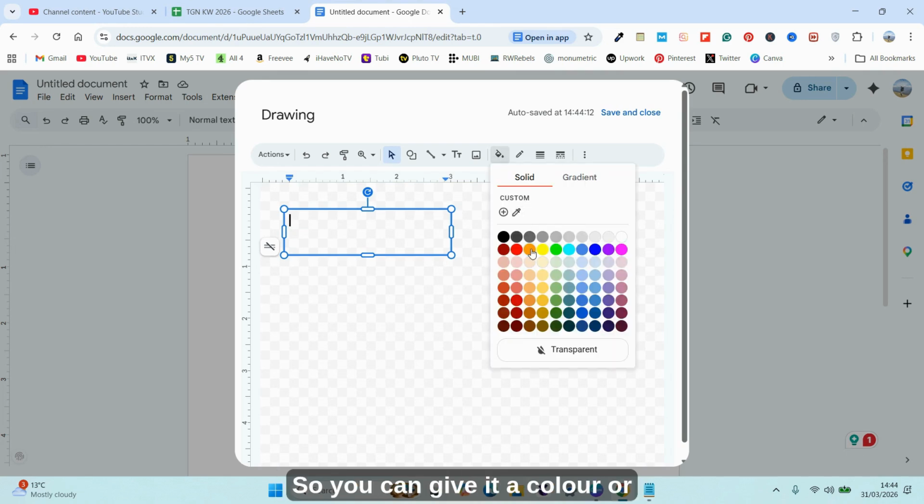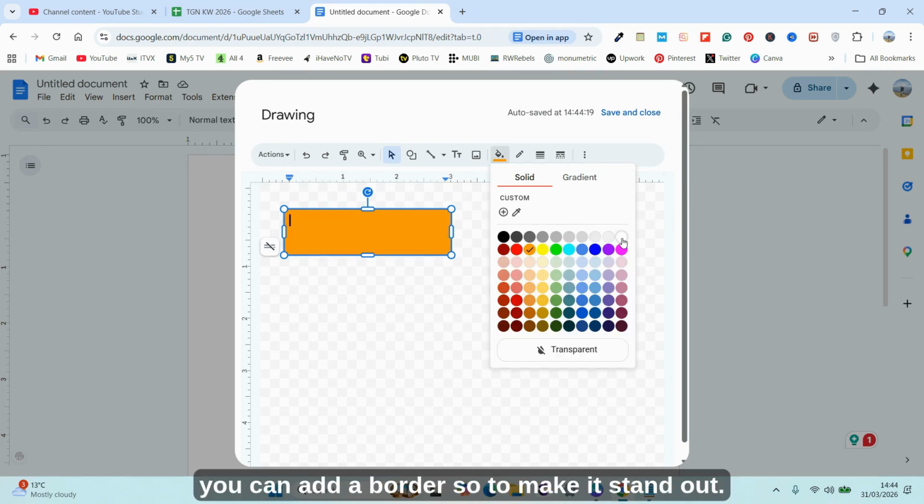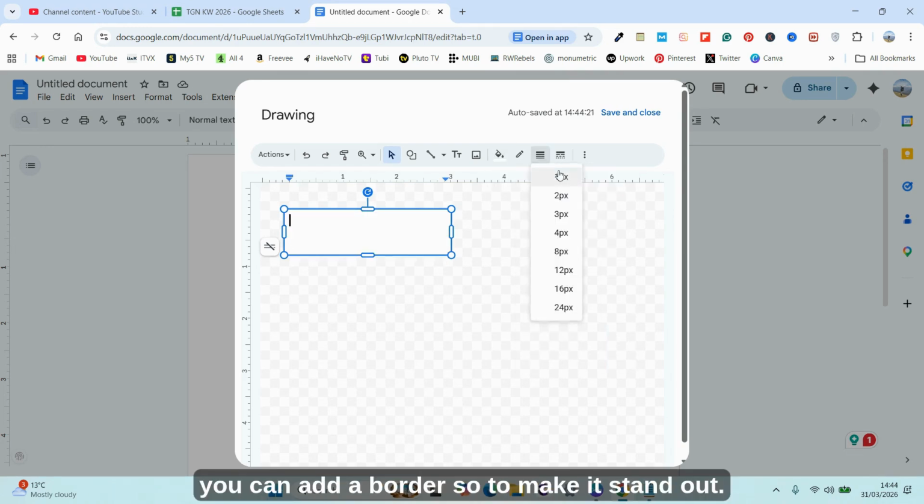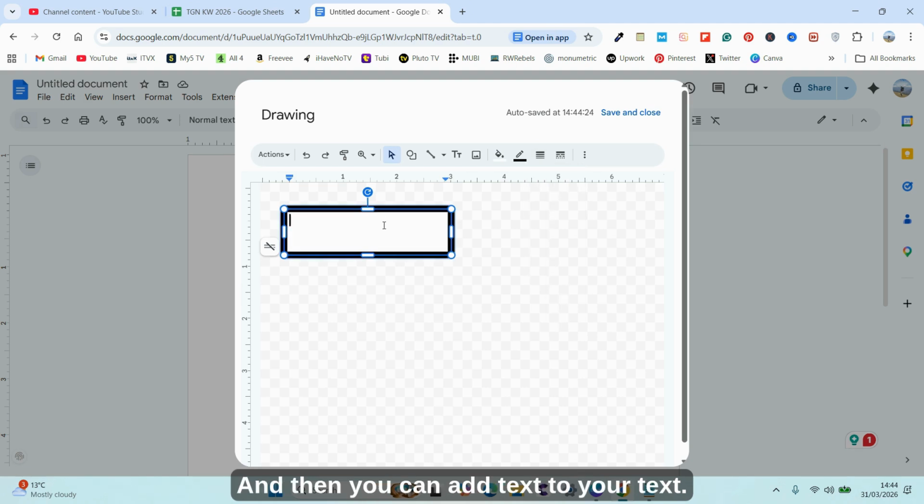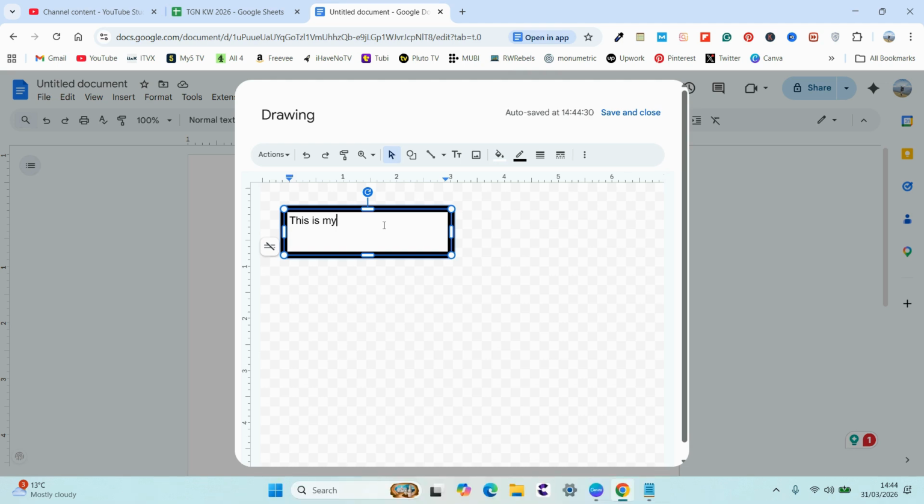So you can give it a color, or you can add a border to make it stand out, and then you can add text to your text box. So I'm going to write something in,